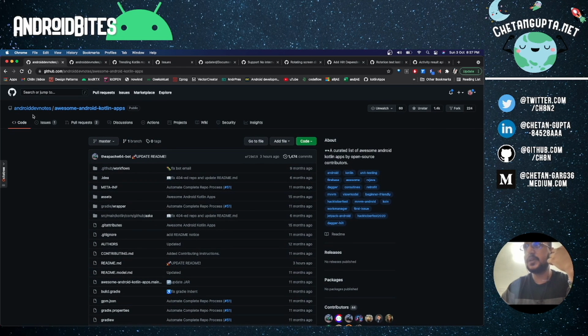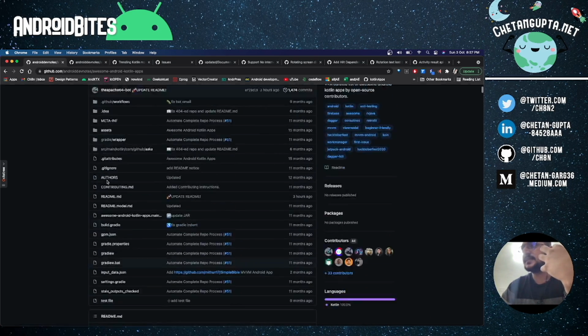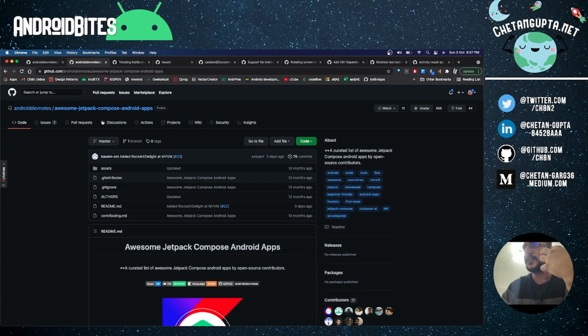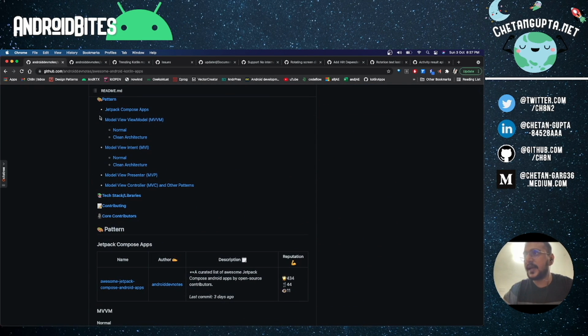The repository which I recommend is Android Dev Notes, right? This guy has collected the best Kotlin as well as Android Jetpack Compose applications. You can scroll down. These are the categories which he has figured out, right? In the beginning, since most of you are new to contribution, if you are familiar with MVVM, MVI or MVC kind of patterns, you can look at projects very specific to it, because the working environment will be very familiar. For example, MVVM is very common for the new guys coming into the Android ecosystem.